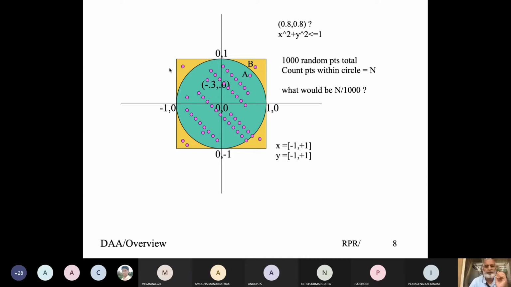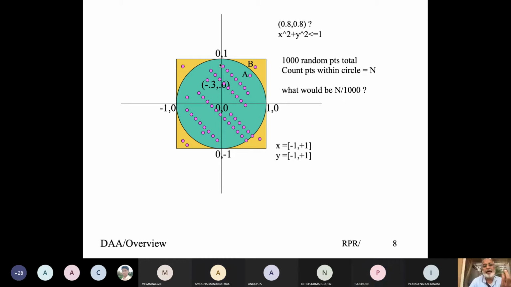Yes, sir. So given that n represents the area of the circle and 1,000 represents the area of the square, what would the value n by 1,000 represent? Ratio of the perimeter of the circle. No, tell me.